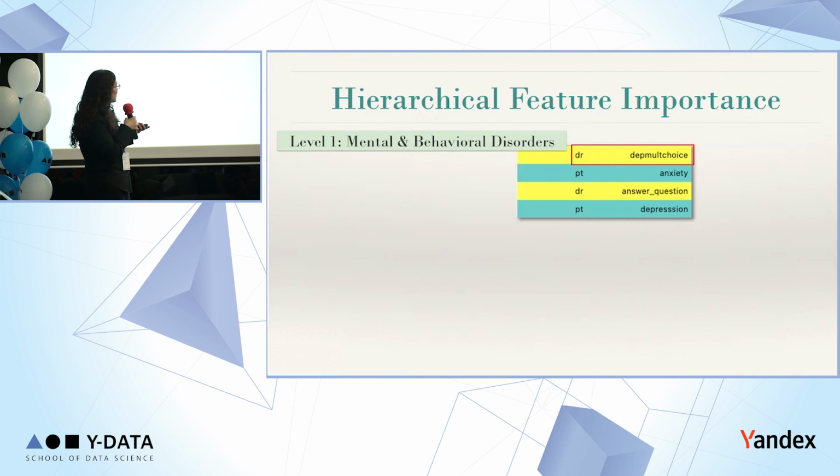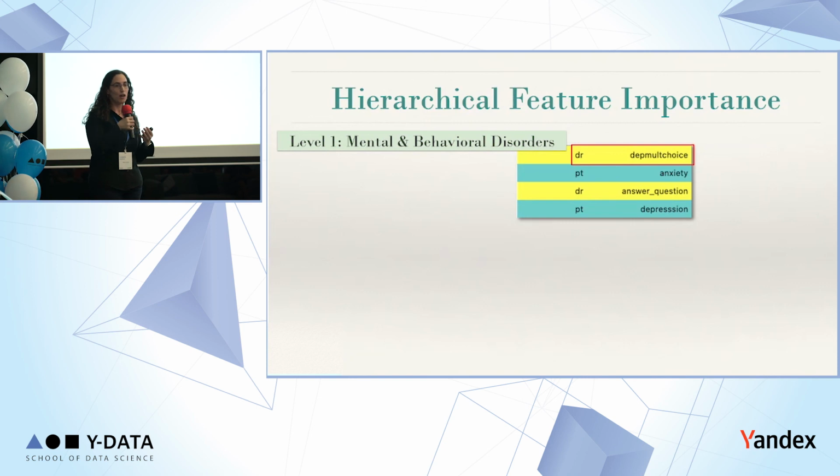So the score is not the only thing that matters to us, because we care more about explainability. What the hierarchical model did give us is the ability to look at feature importance per level. So in the hierarchy, the diagnoses become more and more specific the further you go down the tree. So we expected the features to also become more specific. And this is an example of that.